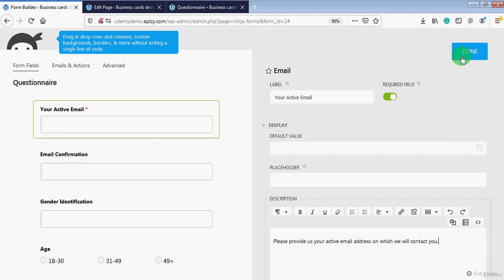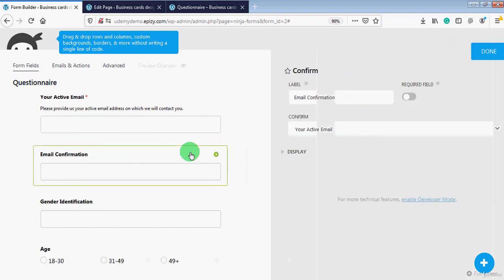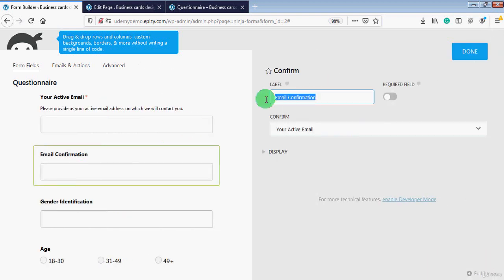Then I will click on done. So you can see this field is now changed. Now for email confirmation I will modify it to something like, "rewrite your email." I will make it required field, and then I will